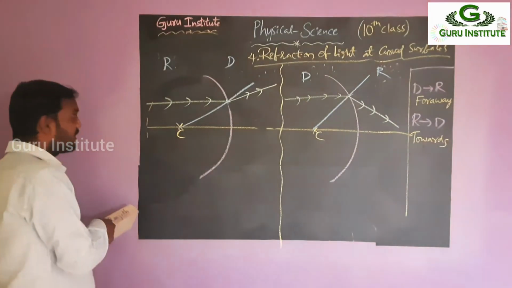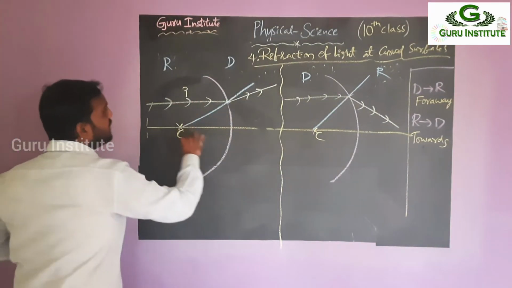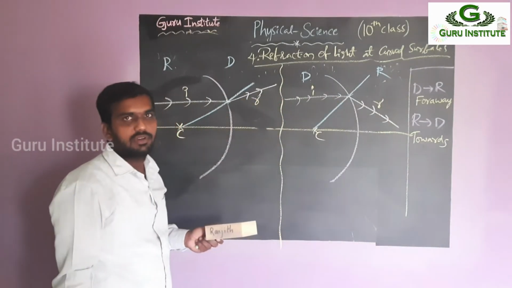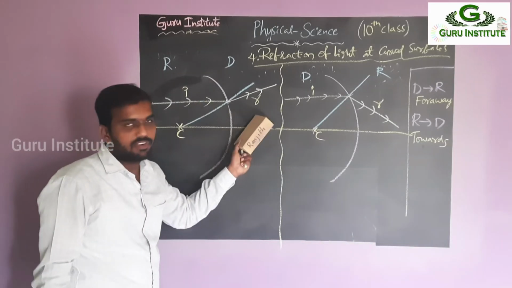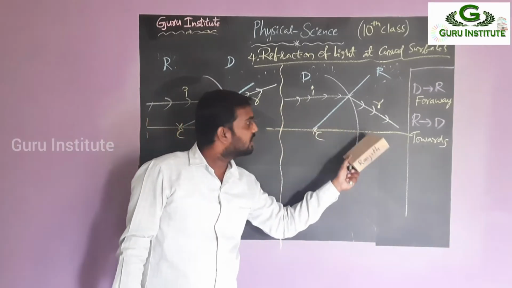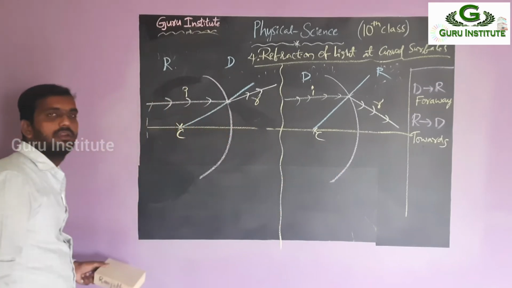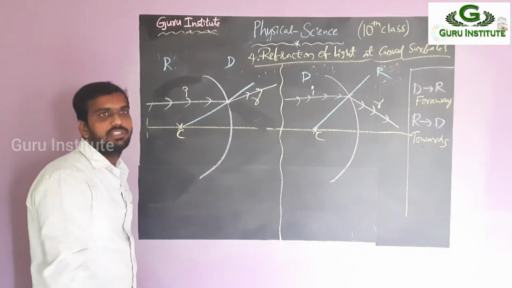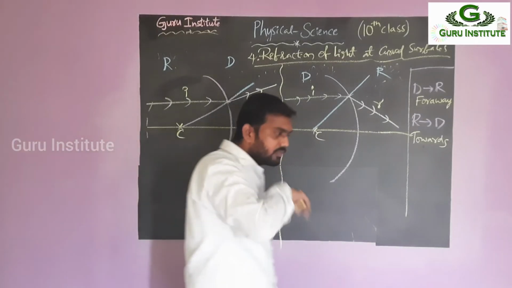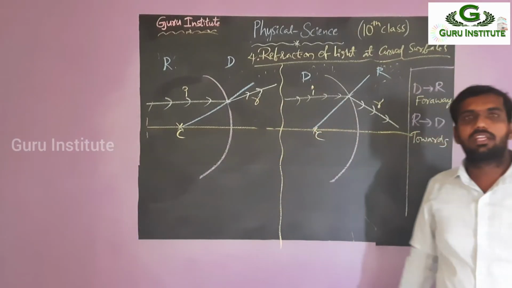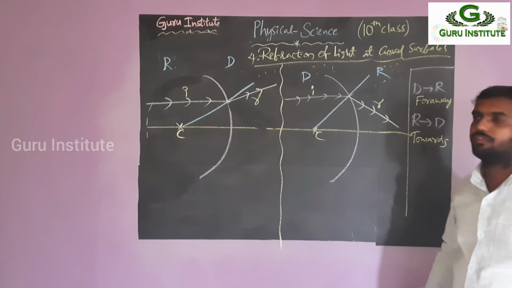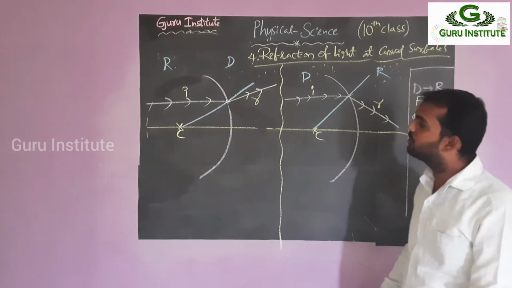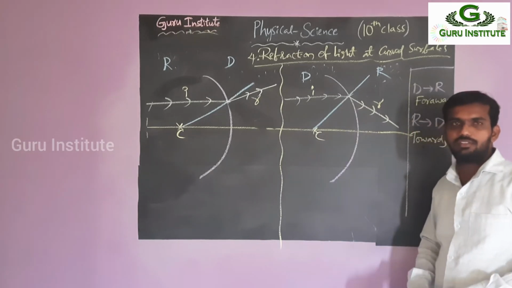So from this picture we can conclude that this is I and this is the R. This is I and this is the R. Okay. Right? So this is the incident ray, this is the refracted ray, and this is the incident ray, this is also the refracted ray. Just observe this picture. In the previous we have seen the convex shapes. Now we are observing the concave surfaces. Okay? Right? So just observe this one, and we can take the remaining parts. If you join both sides concave surfaces, you will get the concave lens. If you join both sides convex surfaces, you will get the convex lens. Okay? Right.